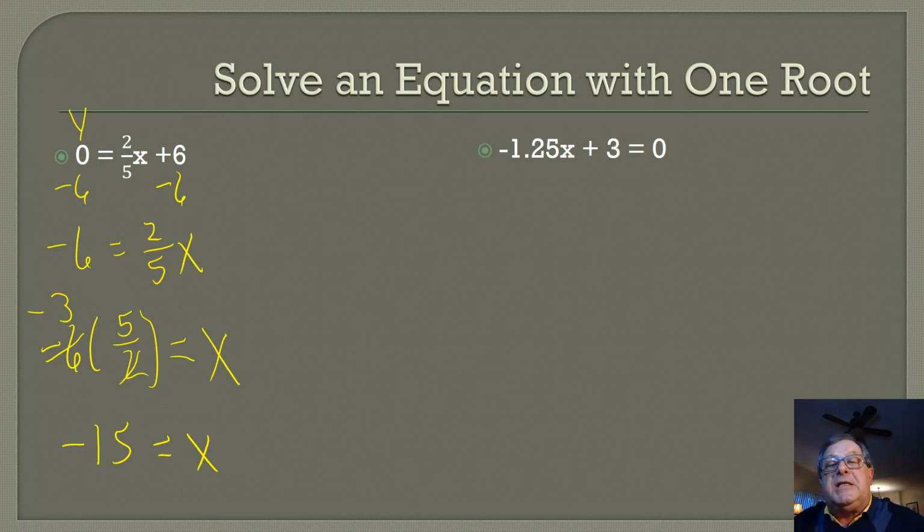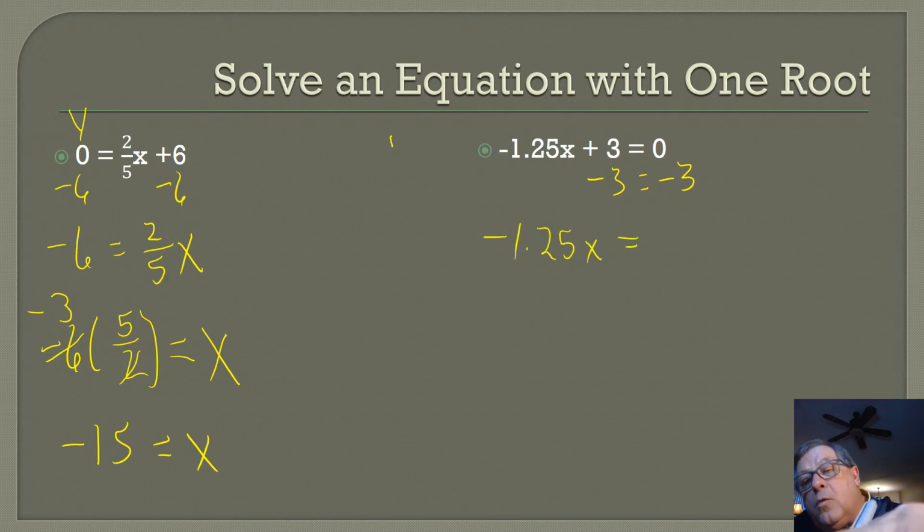Now let's look at this second example. Here I've got negative 1.25x plus 3. Well, we're just going to go about solving an equation as we would normally. And so let's subtract 3 from both sides. Again, you might recognize this 0 here. Well, I could substitute y in for that and make it look like a function equation. And so now we got negative